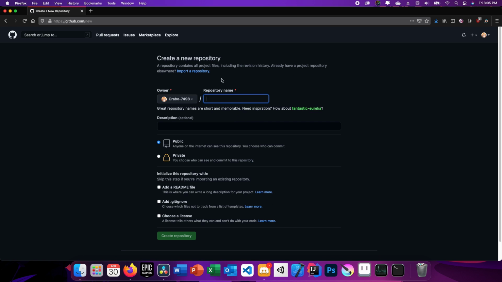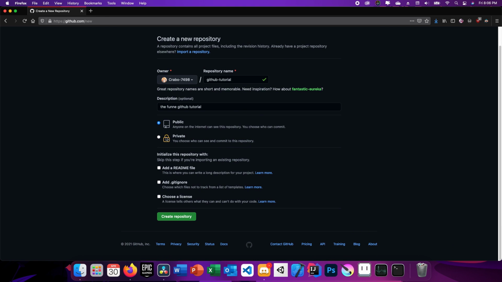Now that we're at create a repository, we can first give the repository a name. For example, if I'm doing a GitHub tutorial, I can type perhaps GitHub tutorial. And we can give it a description if you want to. I'm just going to type the funny GitHub tutorial. And then you can set it as public or private. I'm going to set it as private so people don't see that I'm creating this repository, but you should probably